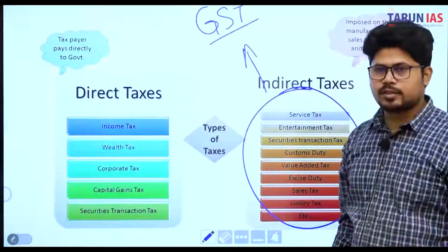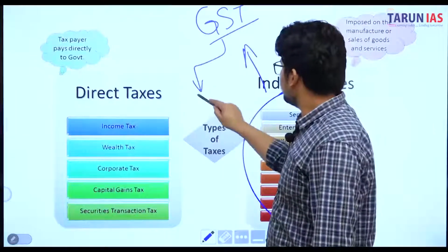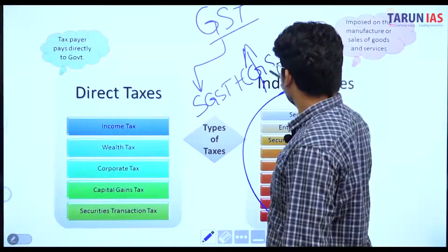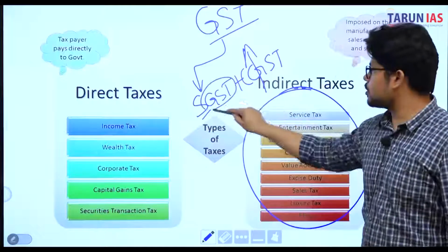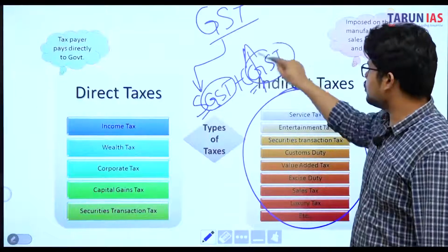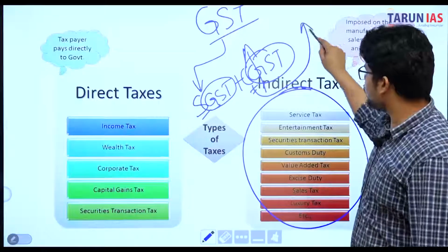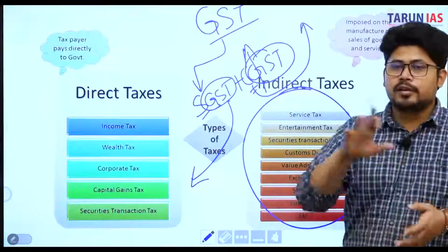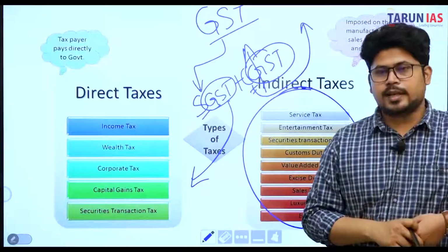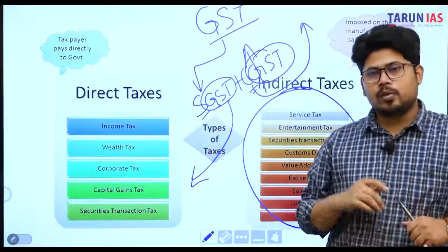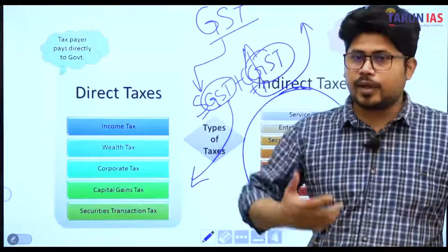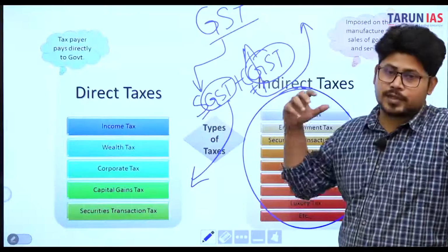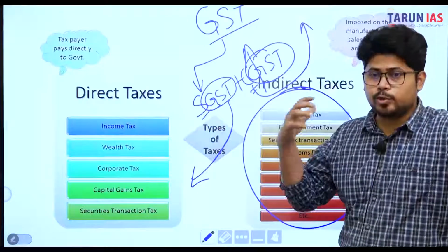Now this is called goods and services tax, which is state GST plus CGST. That is state imposed GST and center imposed GST. This portion of the tax will go to central government, this portion of the tax will go to state government. That has made the whole country a singular market. Okay? That has made the whole country a singular market, because the taxes are decided by the GST Council. Okay, although we'll understand how a specific decision that has come right now is going to change that scene.